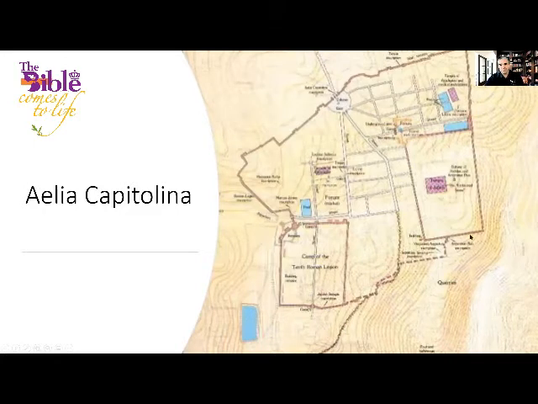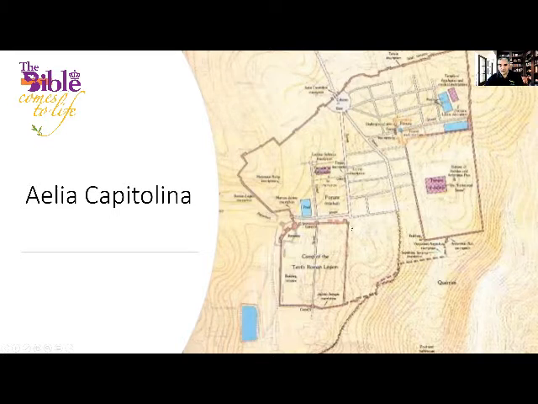Now, if we look very carefully, the entire complex of the City of David right here on the south side of the city is no more. There's nothing here. This is the Kidron Valley. This is the Central Valley. You remember the stairs that led from the Pool of Siloam all the way up to Robinson's Arch and to the Southern Steps. All of this, of course, is being destroyed.